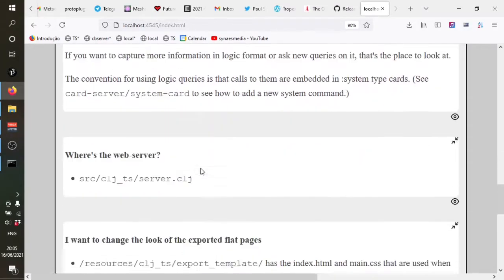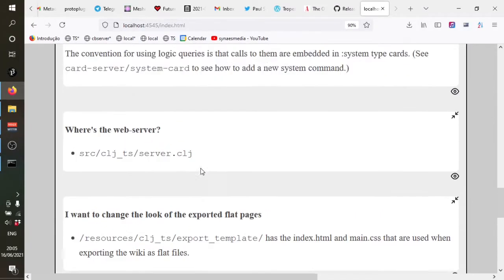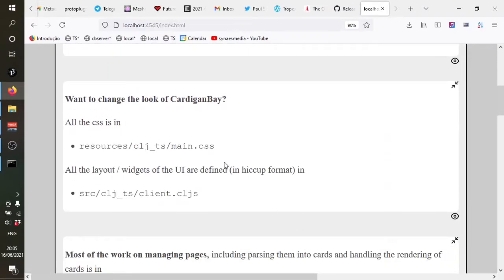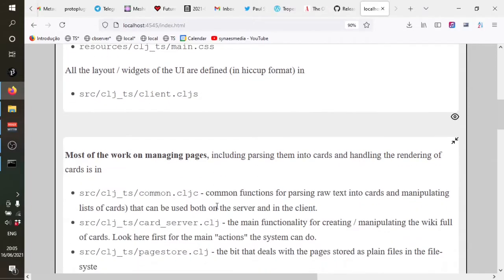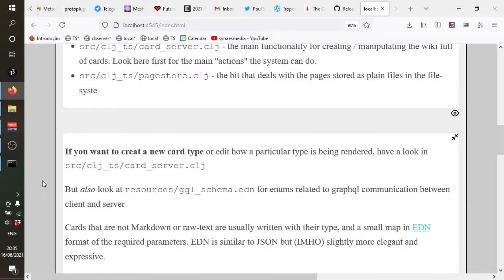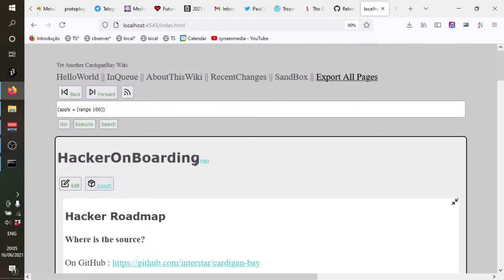So if you're interested in getting into the code, it's all in ClojureScript, GitHub, GitLab repositories there. But it will kind of say if you just want to mess with the CSS, it's in resources main CSS. If you want to see where the actual UI stuff is done, it's all defined here in this client.cljs. If you want to see where to create a new type of card, okay, then you'll see the card server has the place where you'll see kind of tests for what type of card we're working with. Just go back to look at types of cards,